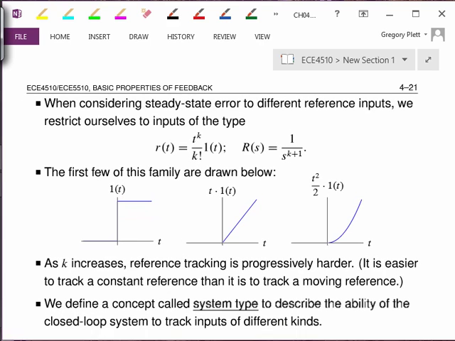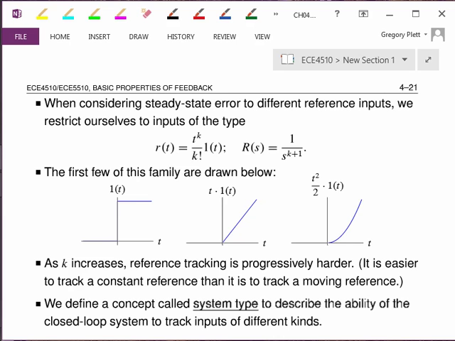We could think about steady state error to tracking any number of different reference inputs, but what is done in practice is to consider only a single family of inputs that we might want to track. And this family is chosen because the first member of the family is quite easy to track. The second member is more difficult. The next member is more difficult yet, and so forth. So by comparing our system behavior to how well it tracks these inputs, we can categorize the system in a